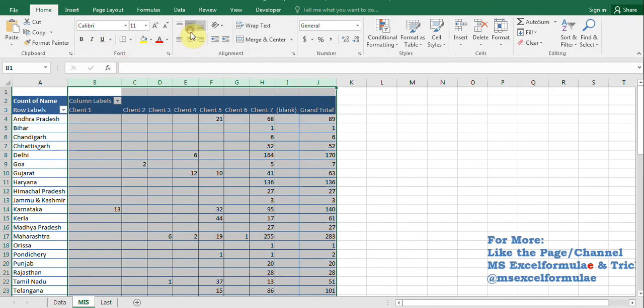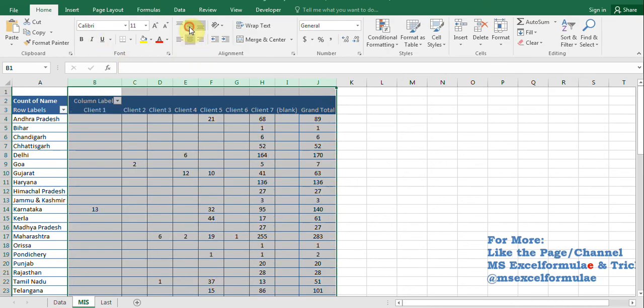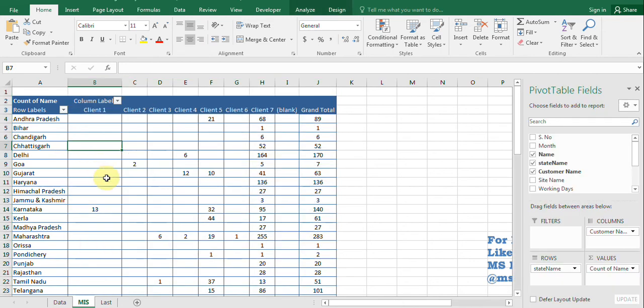I'll do some orientation. Okay, now you can see it is a little easier to understand, just a matrix type. Like Gujarat has 12 employees of client 4, 10 employees of client 5, 41 employees of client 7, totally 63.